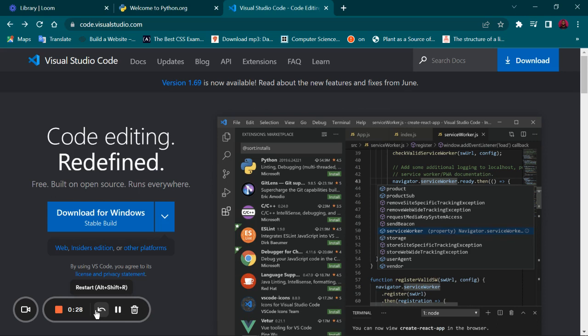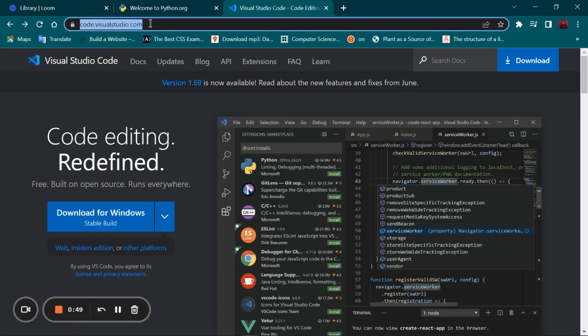We have other code editors. You are free to use any code editor you want to use. Or if you have an IDE of your choice, like PyCharm, you are free to use it. But for the sake of this course and for simplicity, I would like to use Visual Studio Code. Now, I'll show you how to install Visual Studio Code. I just want you to go to